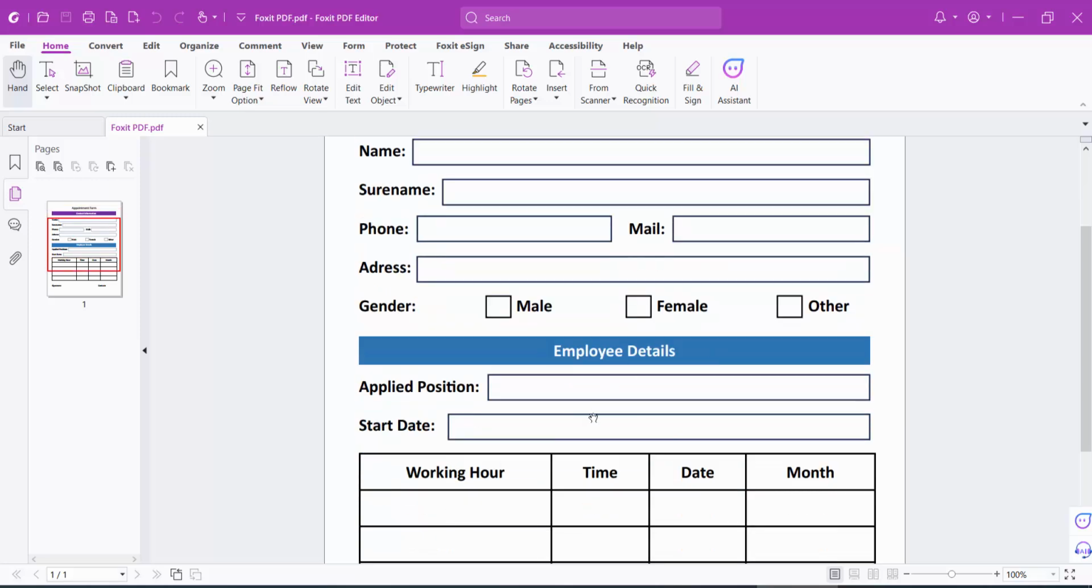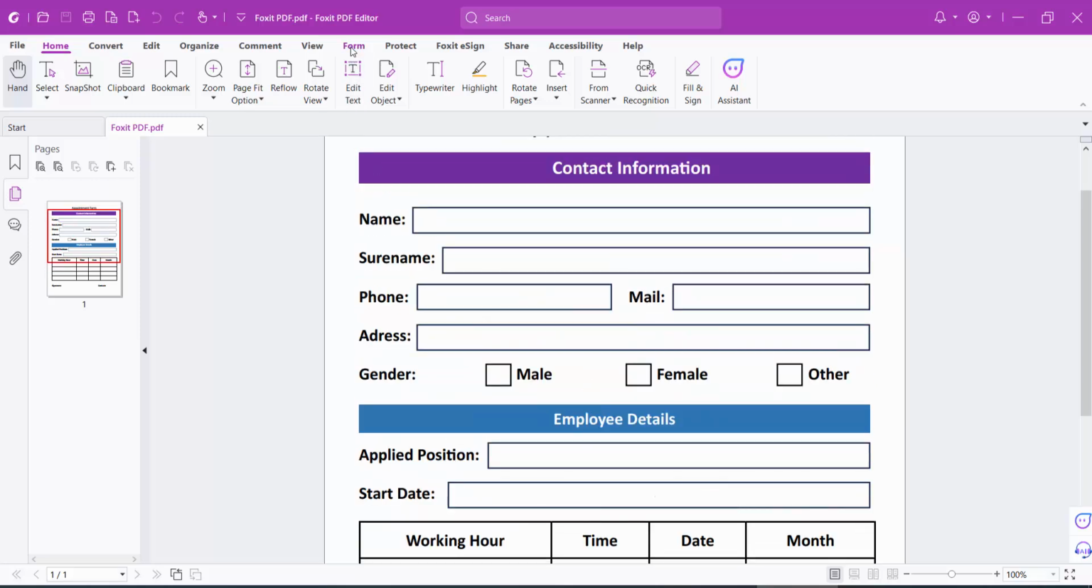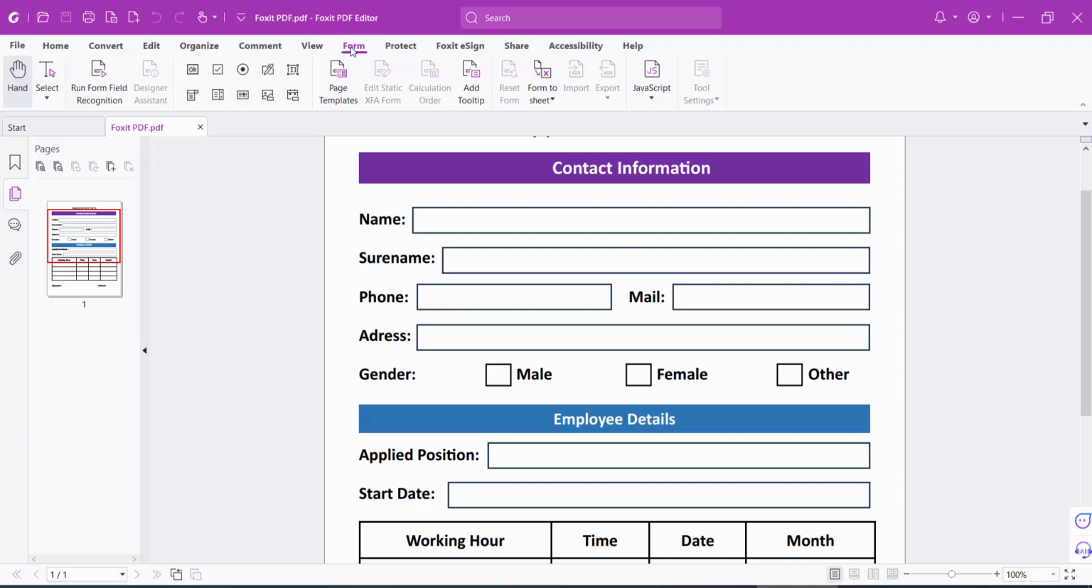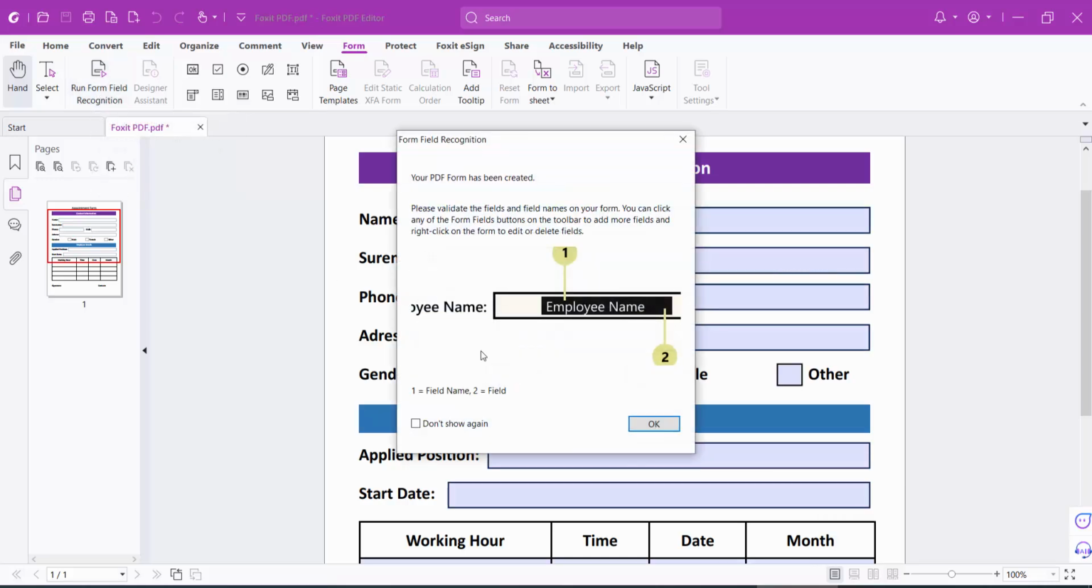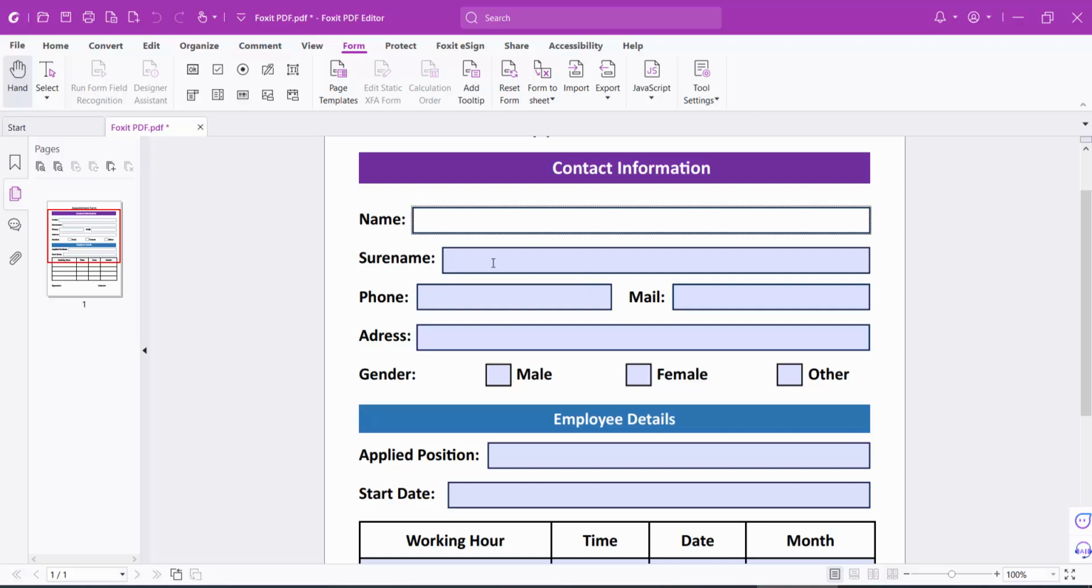Now go to this Form option and here you will find this Run Form Field Recognition. Click here and select OK. Now see this, all of these fields are now detected, and here you can